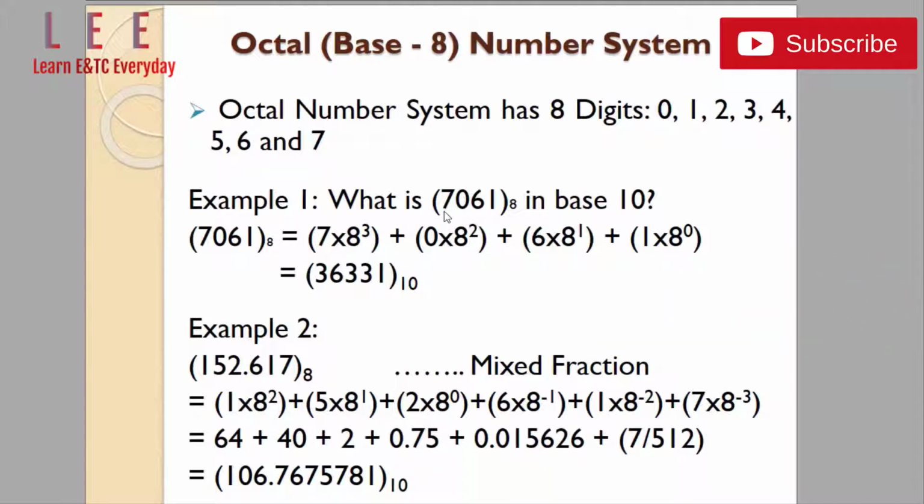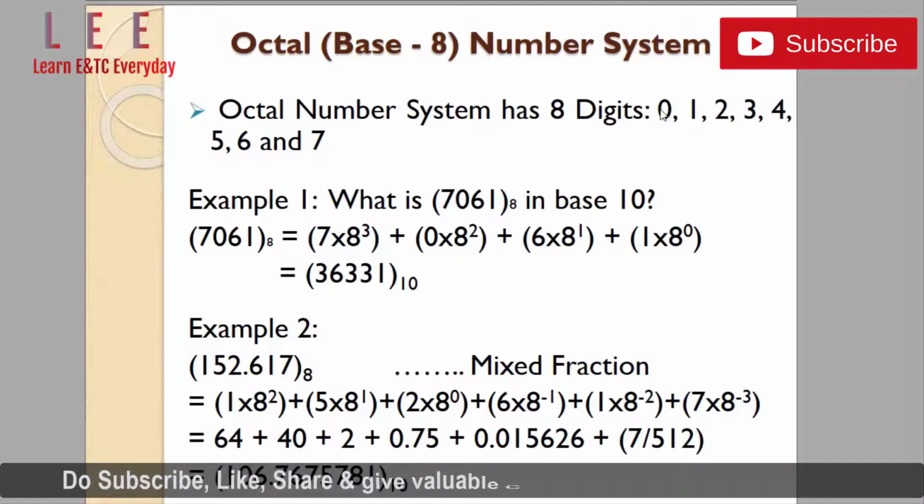Here the radix is 8, since the number system is octal. That's why we are using powers of 8. First we have to multiply, and then we have to add. If we add, we will get the number, and the number which we get is a decimal number. One thing you have to remember: in an octal number system, it should contain only values from 0 to 7. So this is an integer number that we have converted into decimal.